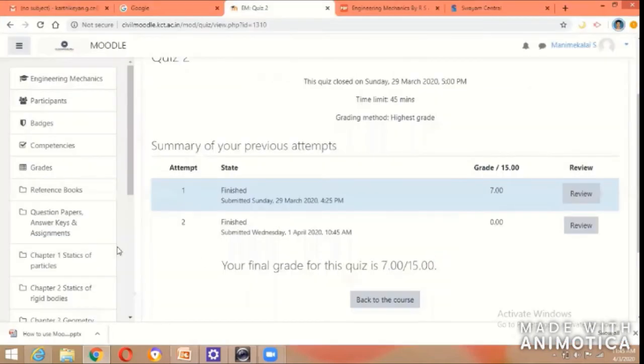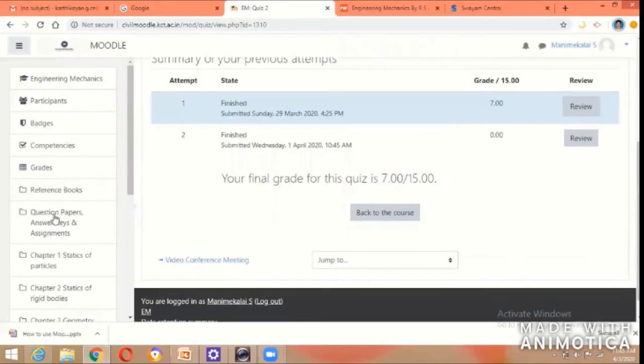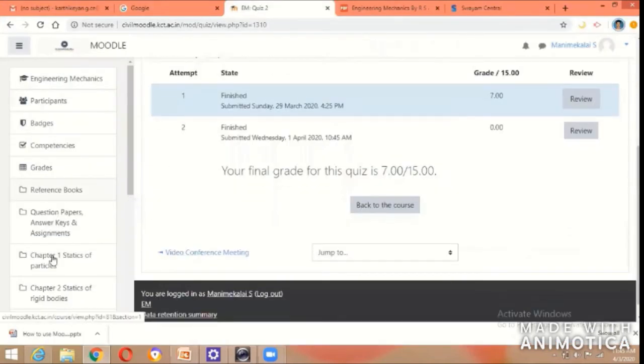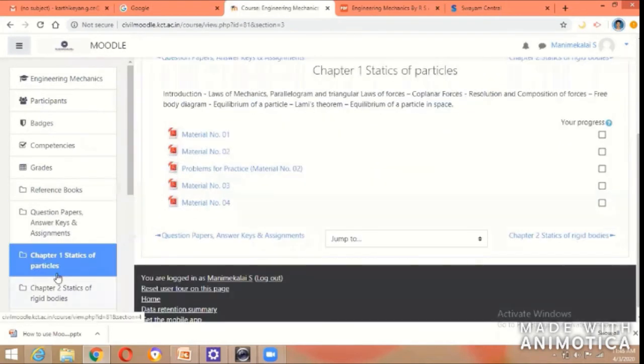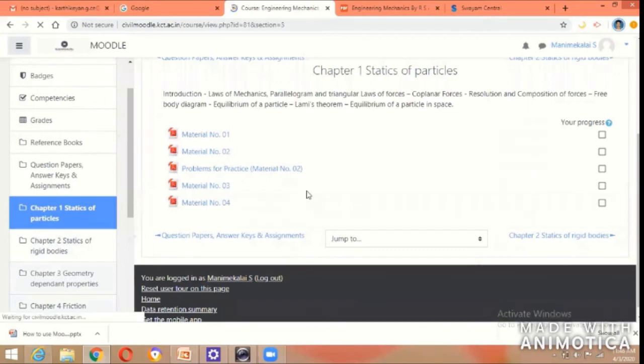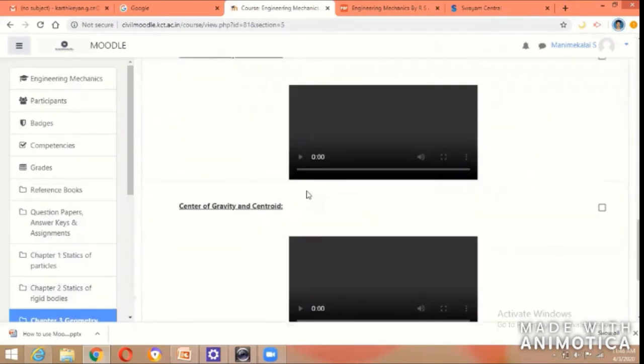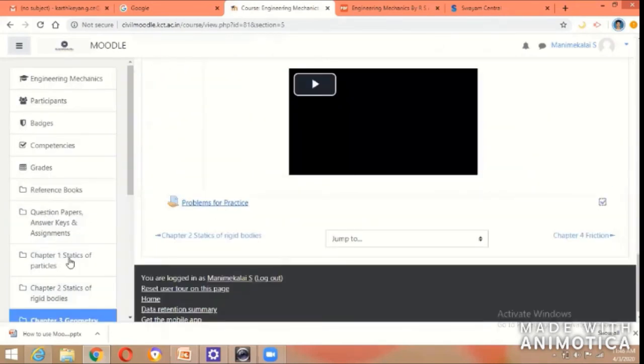Another thing is, suppose you want to go to some kind of assignment. For this practice problem, the date has also been closed.